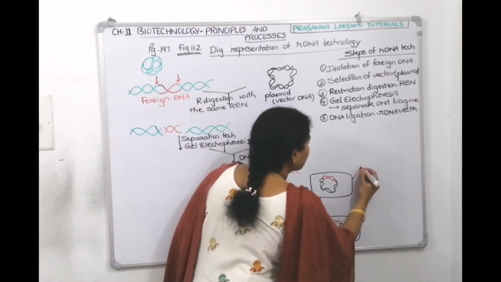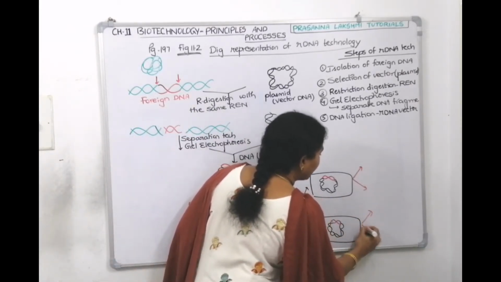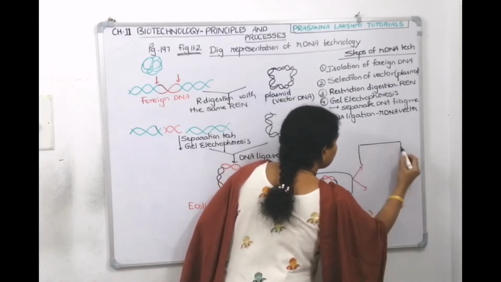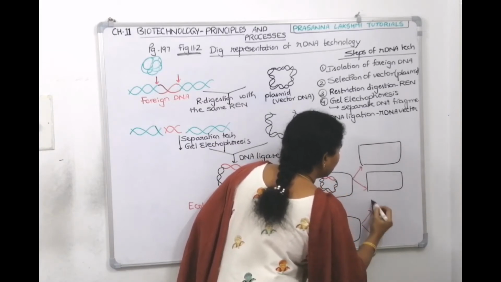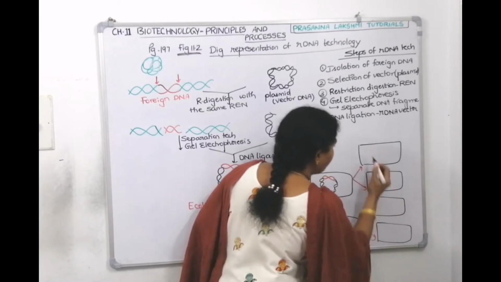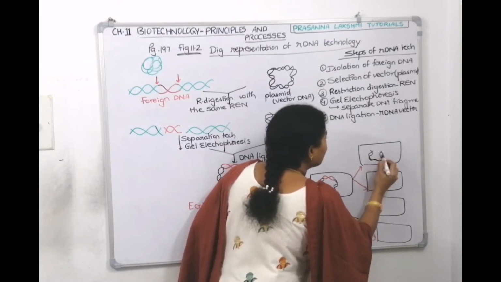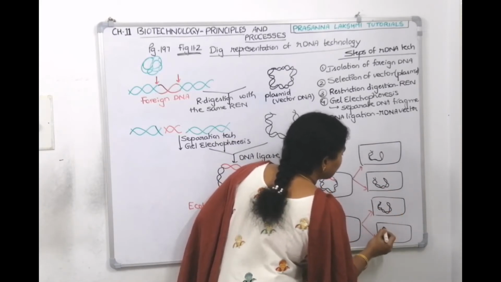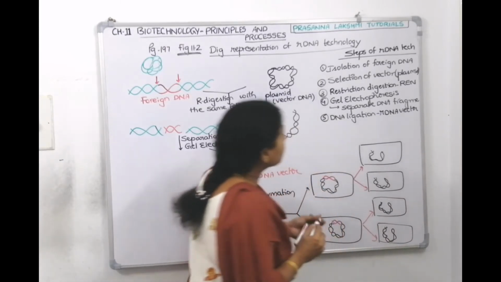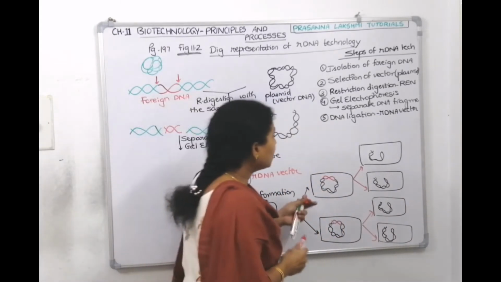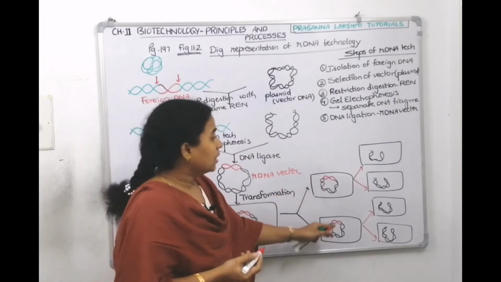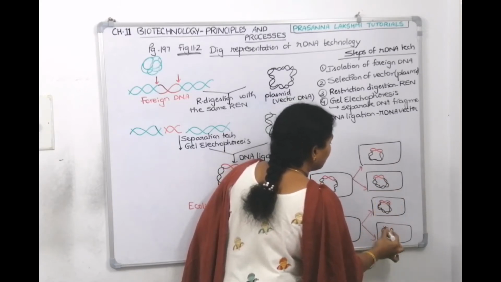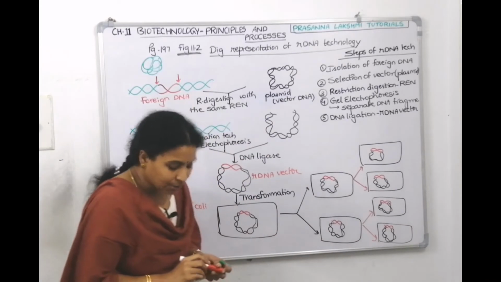Then from this bacteria, after 20 minutes you will get 2 more bacteria, isn't it? So after 40 minutes, 2 bacteria will become 4 bacteria. Then your DNA copies also will become 4 DNA copies. This is what rDNA technology is all about, where we try to amplify and produce as many copies of the desired DNA. That is why this is also called gene cloning. In gene cloning, the same gene is cloned into 2 copies, then 4 copies, right? So that's why rDNA technology is also called gene cloning.